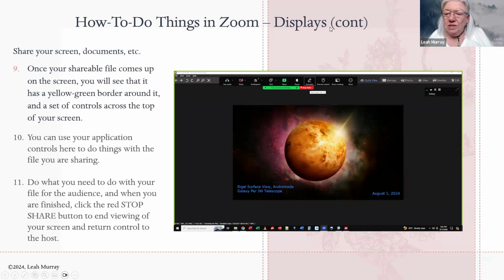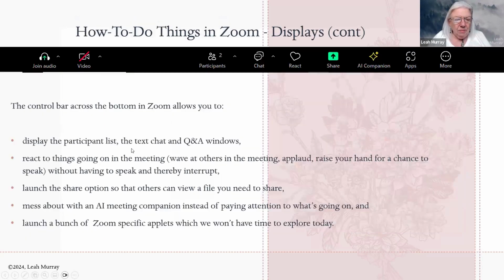And once I turn on the annotations, I can actually write on the screen at the same time if the host has not disabled that. Once you're out of share, okay, you're back to having your bottom bar only,